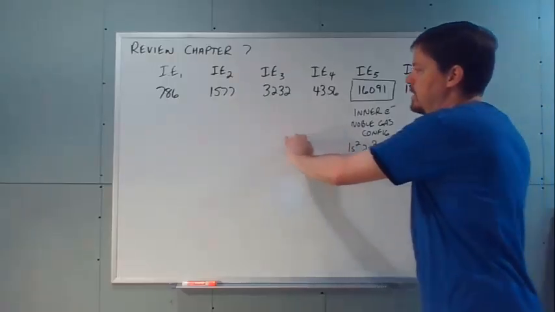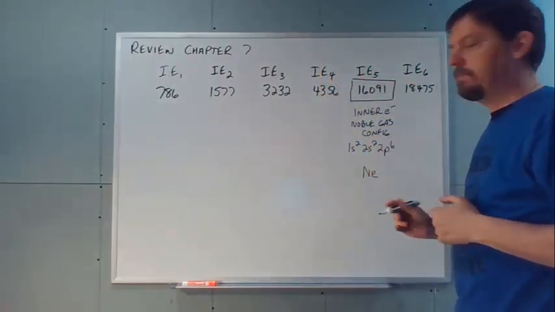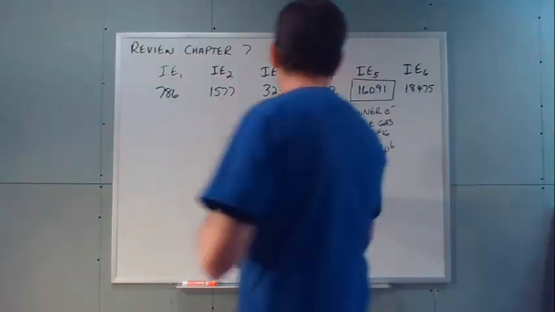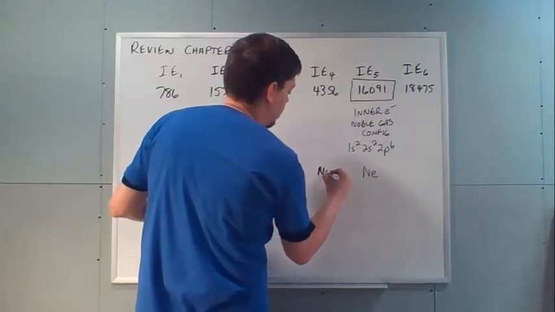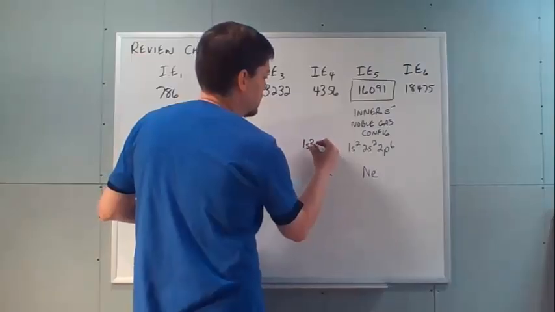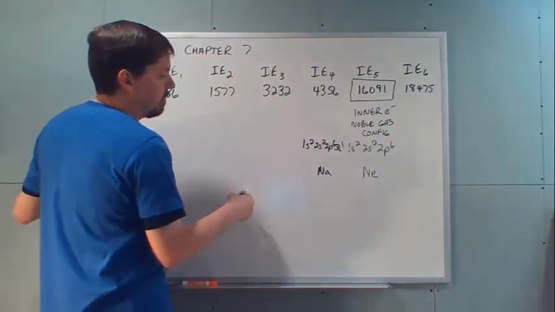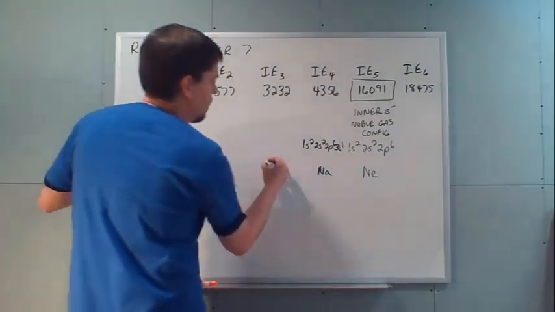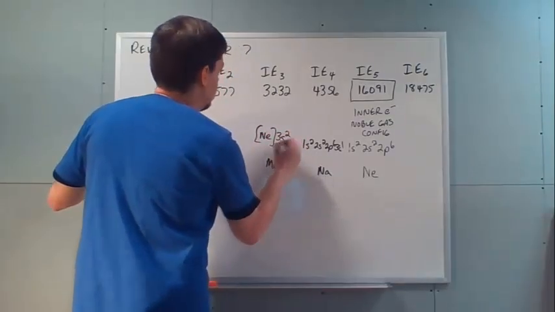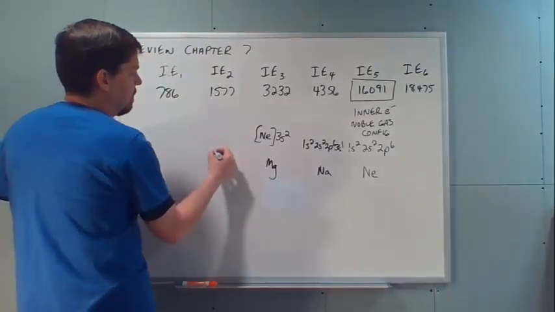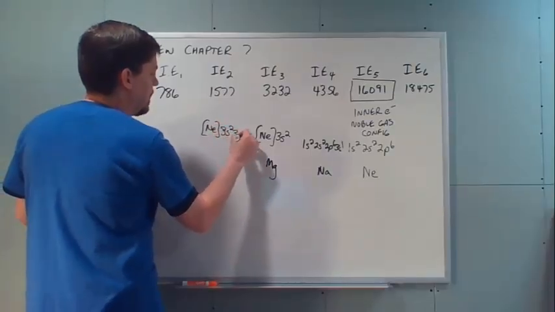So that means that each one of these that I removed before that is going to be one more than neon. So if this is neon, right, then the one I removed before that would be the electron that would have the same configuration as sodium, 1s2, 2s2, 2p6, 3s1. And then the one before that is going to be the one that I removed from magnesium. I'm just going to do this, neon 3s2. And then the one before that is going to be neon 3s2, 3p1,